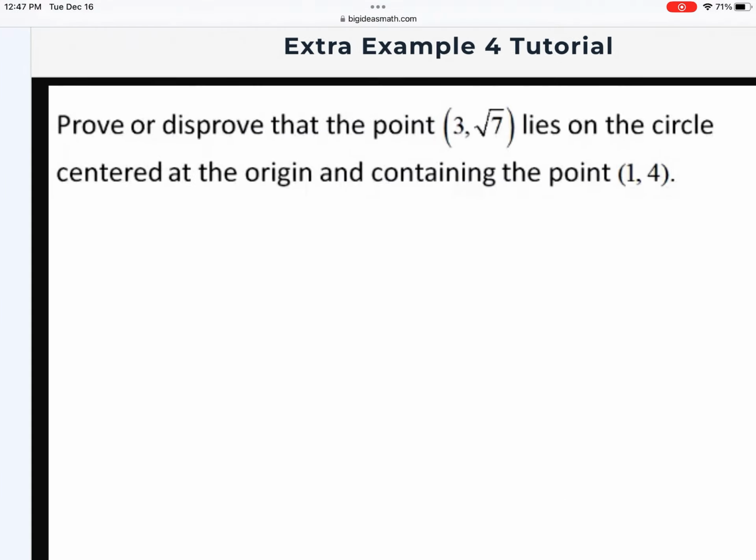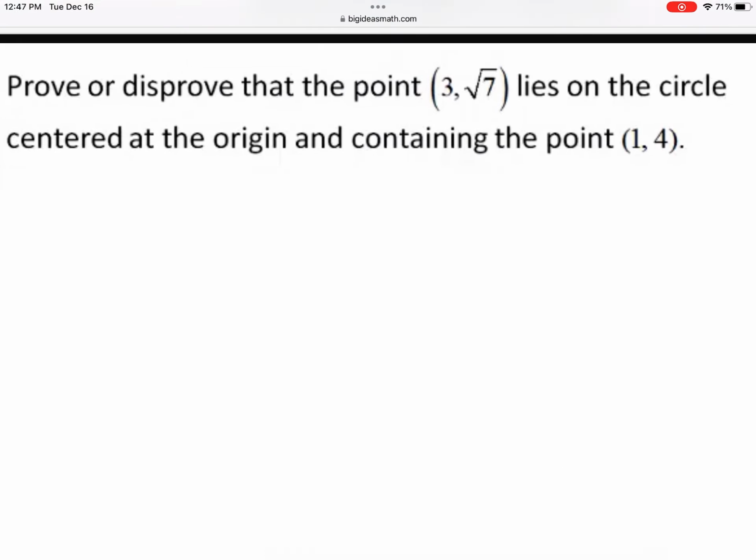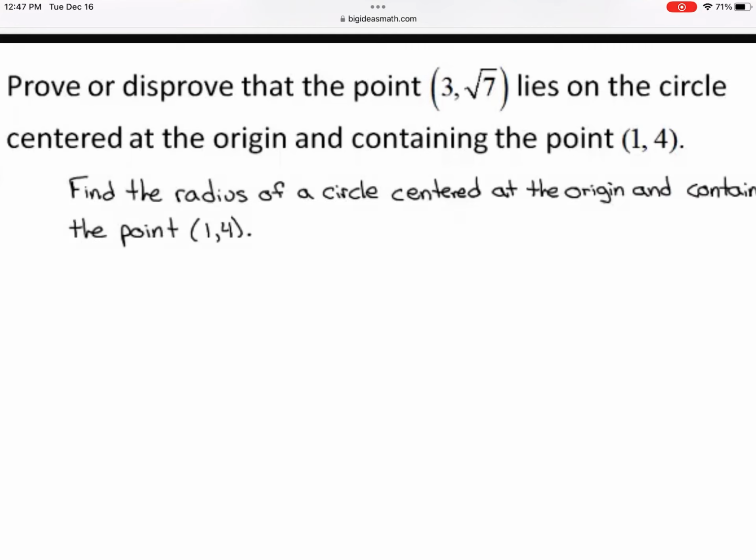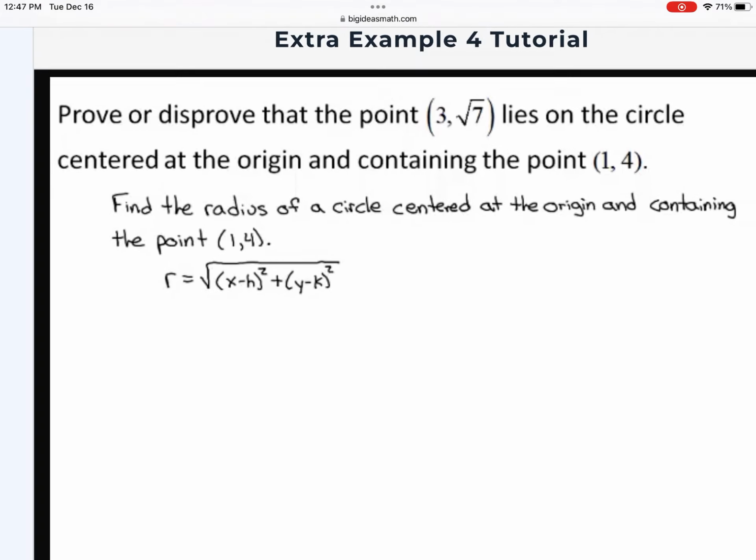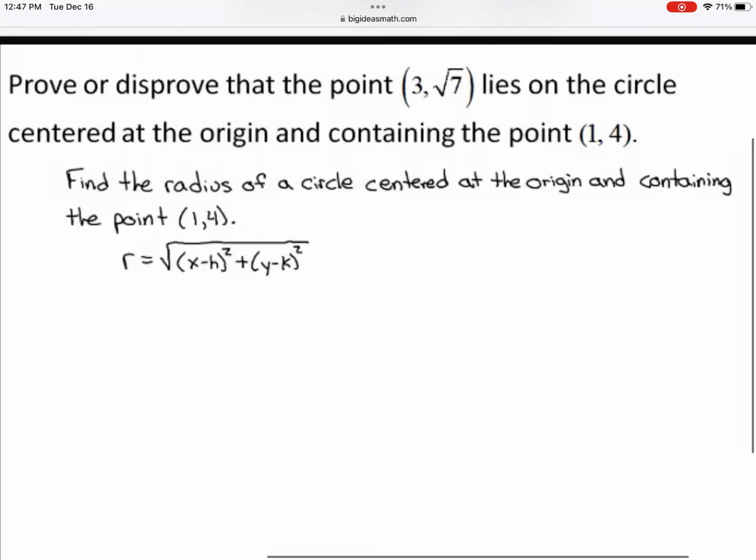Prove or disprove that the point 3, the square root of 7 lies on the circle centered at the origin and containing the point 1, 4. First, find the radius of a circle centered at the origin and containing the point 1, 4. The radius r is given by the square root of the quantity x minus h squared plus the quantity y minus k squared. Substituting 1 for x, 0 for h, 4 for y, and 0 for k, gives